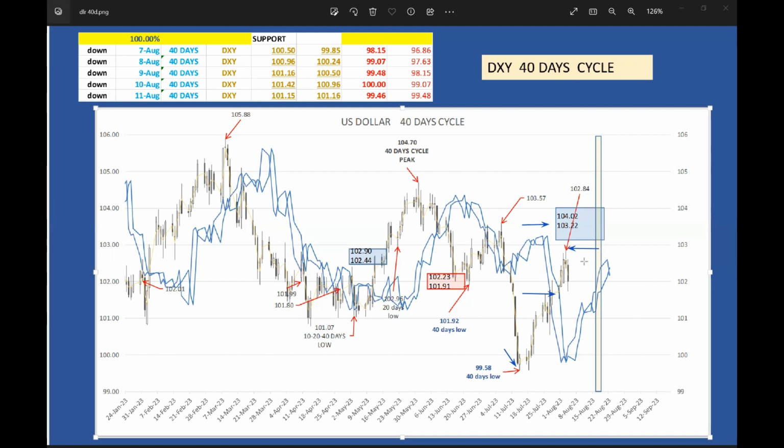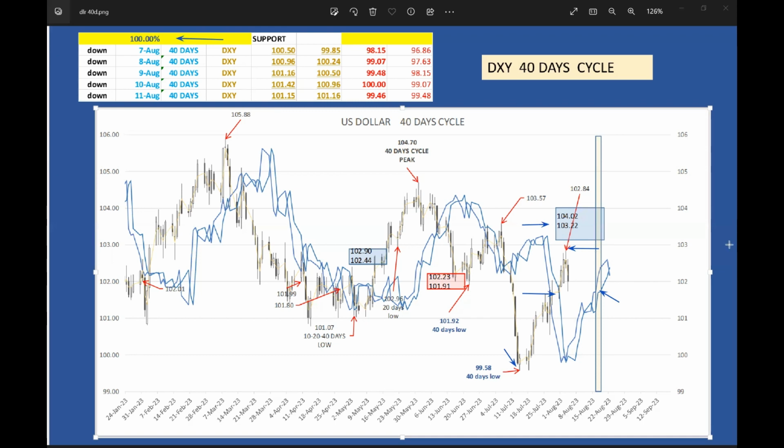But until the market crosses back below its cycle lines, the target is still valid. The success rate for the 40-day cycle is 100% for this year. This 40-day cycle is scheduled to end on August 17, and may find a support on its cycle lines, which are for August 17